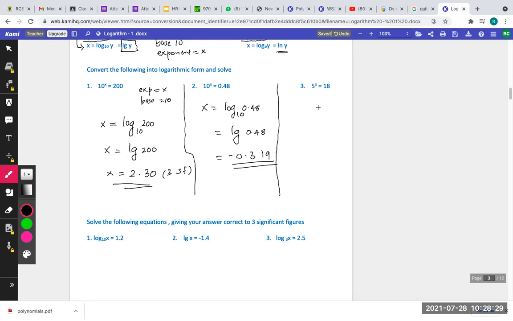Well, the same thing for the next question. The exponent is x, but the base is 5. Remember, guys, so I could write x equals log 18 to the base 5. So can I write it as LG 18? No way, because the base is 5. So in this case, how do we find the answer by using the calculator? That's why I told you there is another button called log, and you can put the base there. The base is 5 and the number is 18 here. That will give you how much?